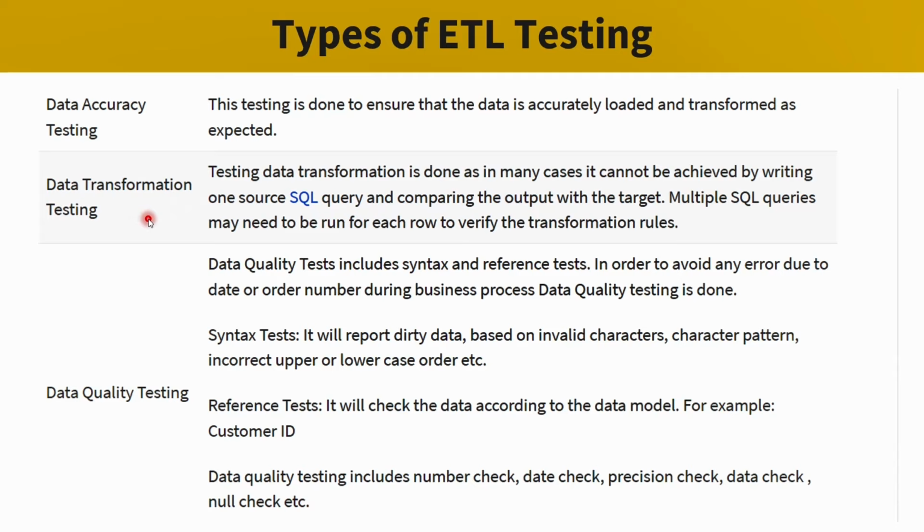Now let's talk about data quality testing. In this type of ETL testing, we check the data according to the data model. For example, the customer ID. Quality testing includes real-time examples such as the number check, the date check, precision check, and null checks. So in all these things, our main objective as an ETL tester will be that we need to make sure